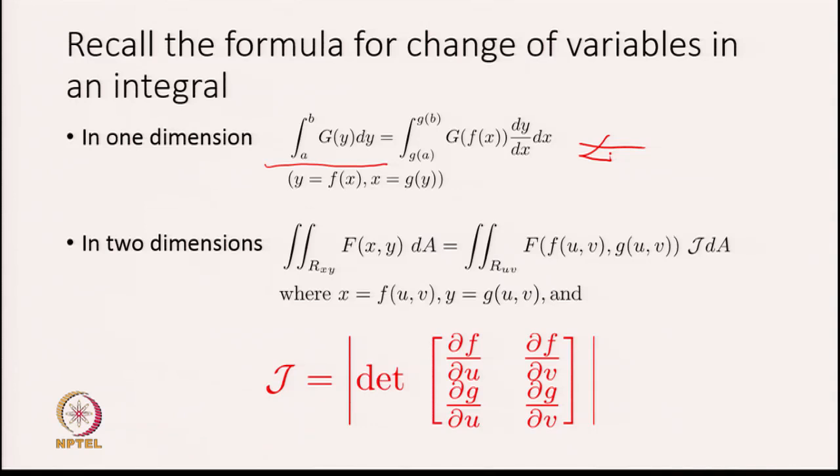In two dimensions, if I have got the variables x and y on the one hand and u and v on the other hand, and x and y are defined like so, and u and v are defined in terms of x and y through this relationship,